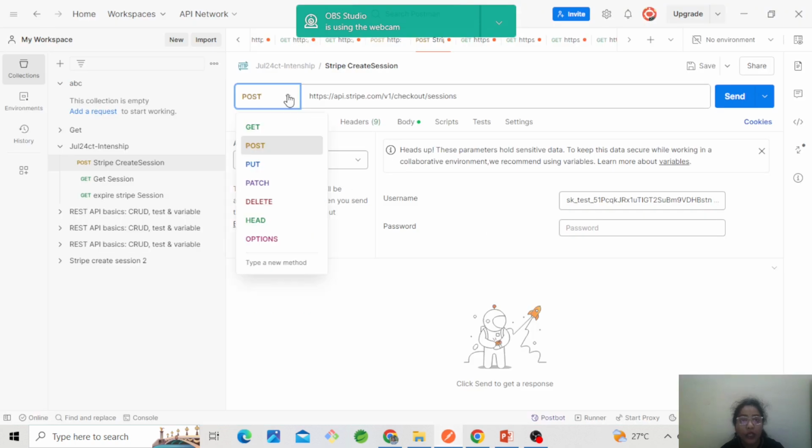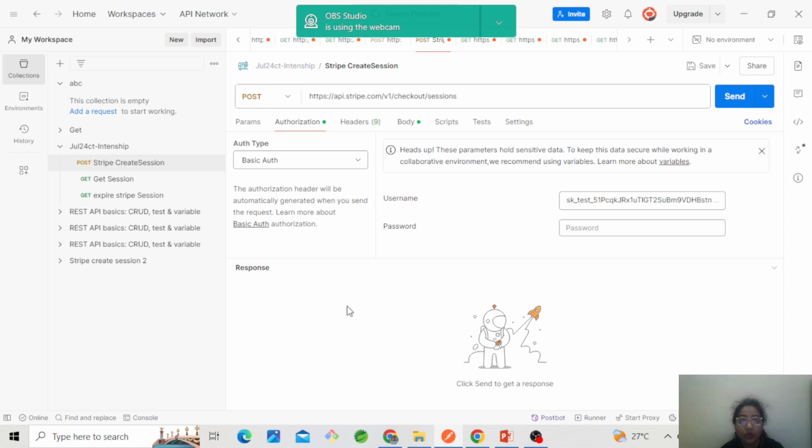So here so many options are there. We are making a GET request or a POST request, PUT request. As per the documentation we need to perform the POST request. Then copy the URL, paste here. Then you are getting